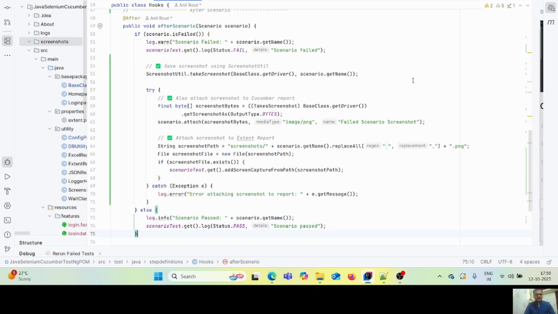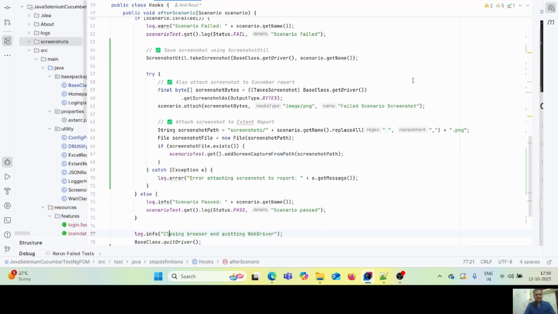Then we'll mention try: final byte[] screenshotBytes = ((TakesScreenshot) BaseClass.getDriver()).getScreenshotAs(OutputType.BYTES); scenario.attach(screenshotBytes, "image/png", "Failed scenario screenshot");